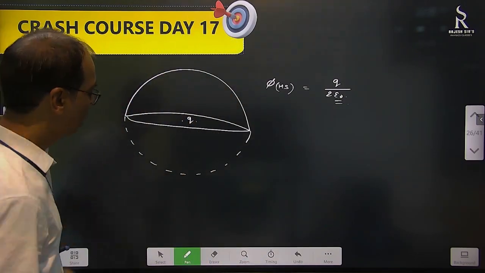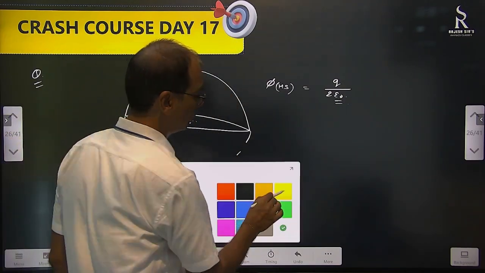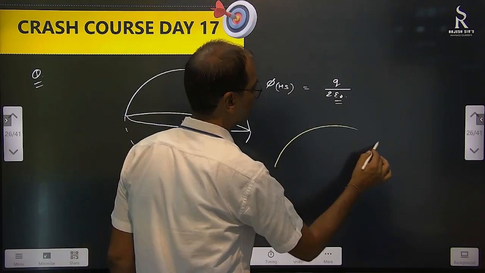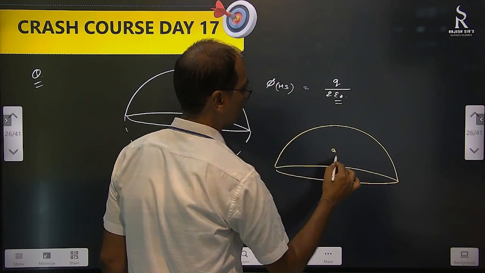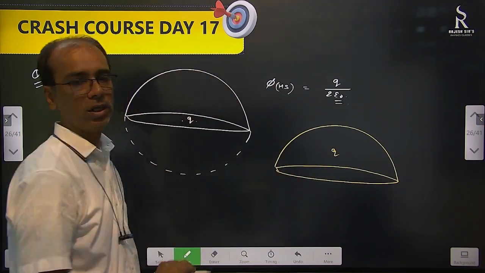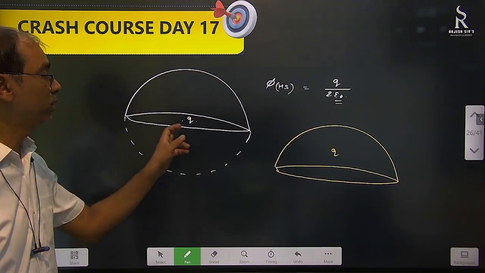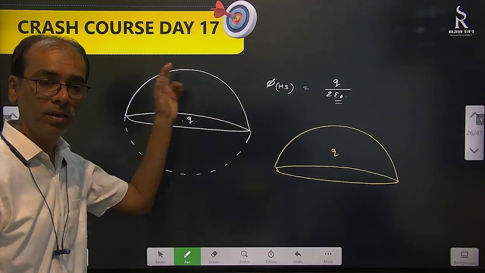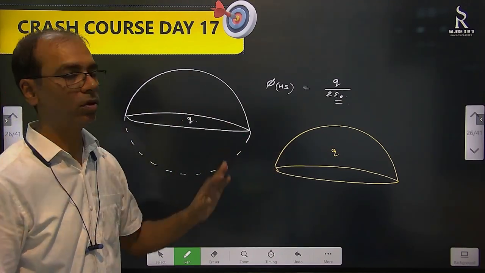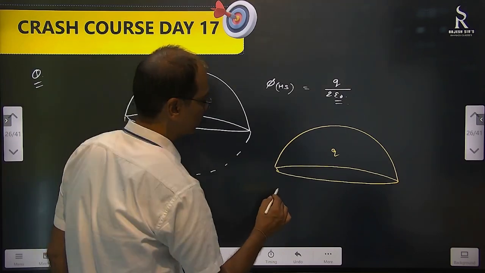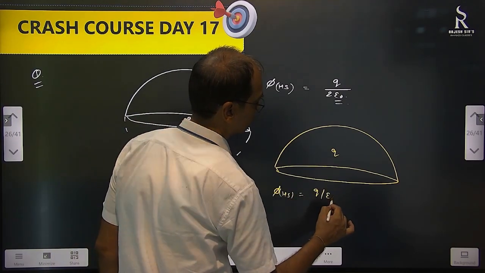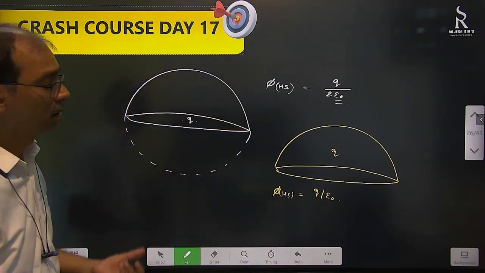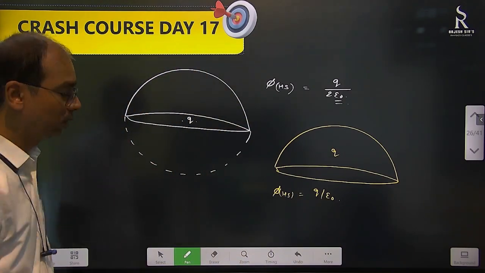Okay, in this same one, if we had kept the charge like this, the charge is here. Now this is already inside the hemisphere. Here it was not inside, so we made a closed surface. Here it's already inside, so the flux through the hemisphere is Q by epsilon naught. But if it is outside, then it becomes 0.